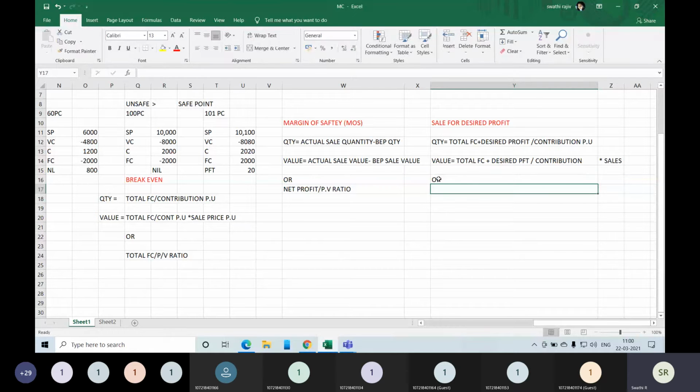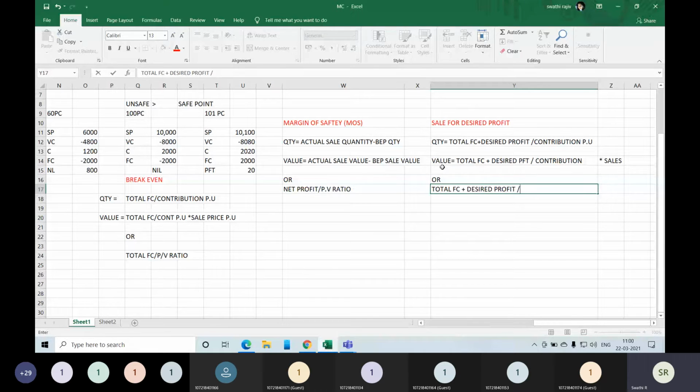Ma'am, here in value it is not contribution per unit, right? It is contribution into sales. No, not per unit. It will be contribution into sales. Per unit will come here. Quantity will always come in per unit. Value will be this. So rupees. Your answer will also be like that. If they are asking quantity, you should write in units. If it is value they are asking, you should write in rupees. It is very simple. We will just do all of it, all the questions. So today I thought we'll just do formulas so that everything is there, and we can start doing problems.